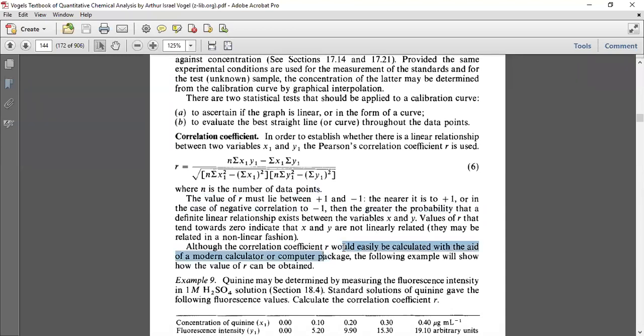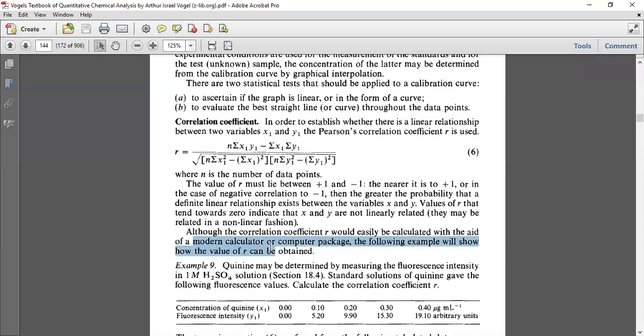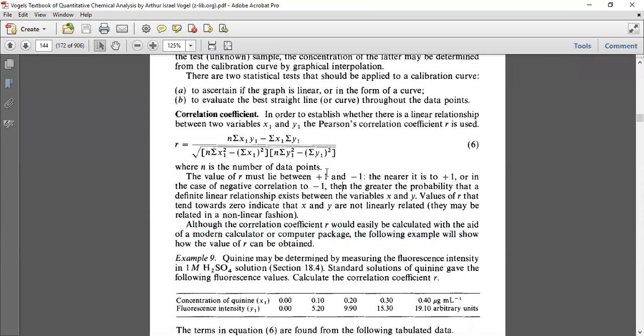Although the correlation coefficient R can easily be calculated with the help of a calculator. This is the formula they have given. Now we all are using scientific calculators. If you observe, they have already mentioned this R square value, isn't it? If you just put in the values, you can calculate it on a modern or scientific calculator. We can get this R easily on the calculator also. But we get sums related to the correlation coefficient, so obviously we have to mug up this formula for the R value.